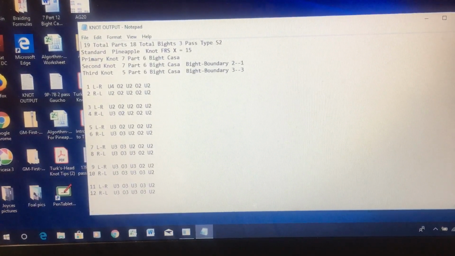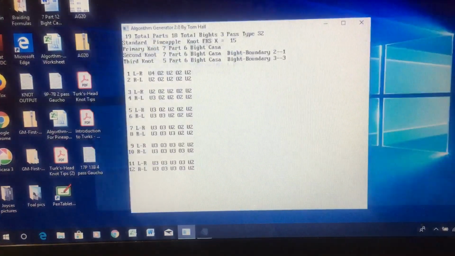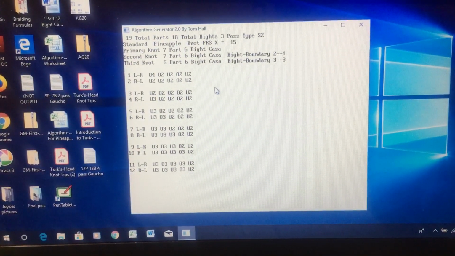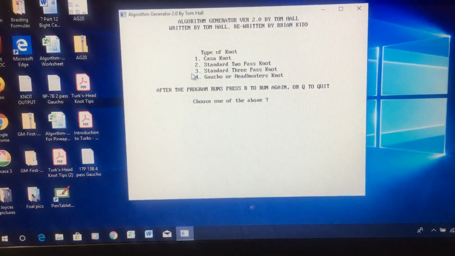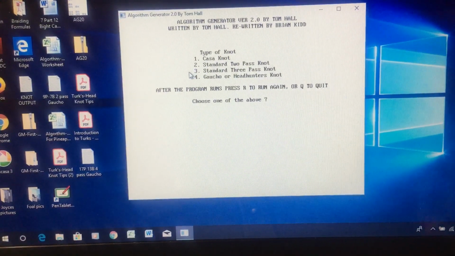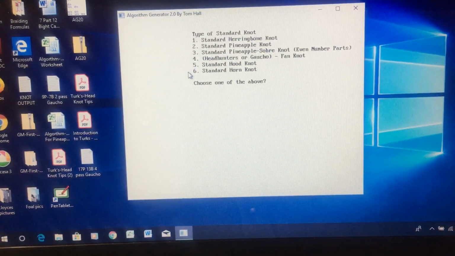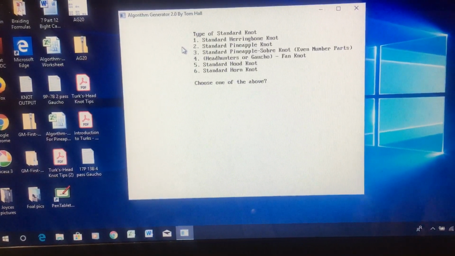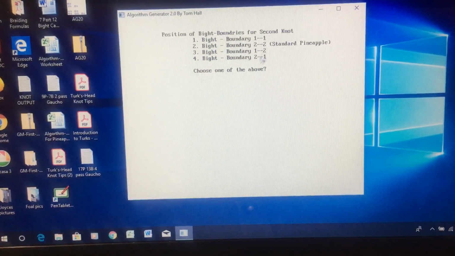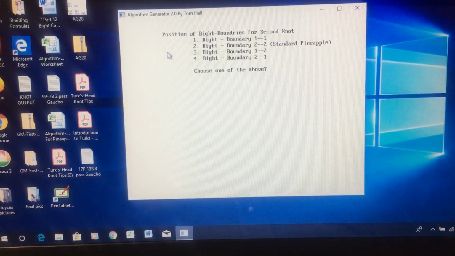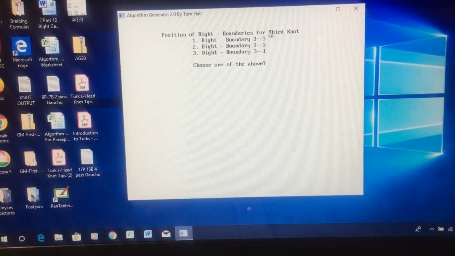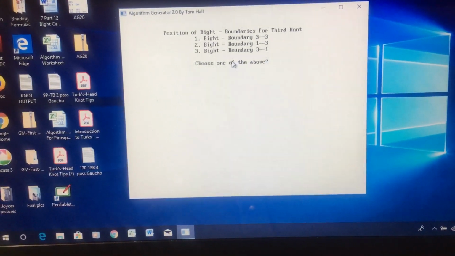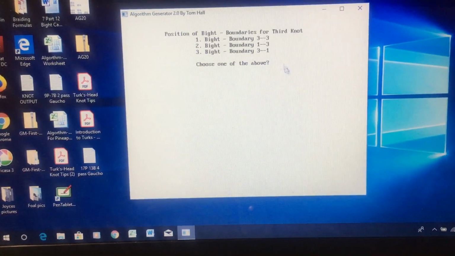Now, if we go here, back to our resume, hit R, and let's do a 3-pass. So we're going to hit 3. We want a standard pineapple knot, so we hit 2. We're going to tie a Type 2 pineapple, so we go 4 from bite boundary 2 to bite boundary 1. Hit 4. Now for the third knot, we're going to continue with that same